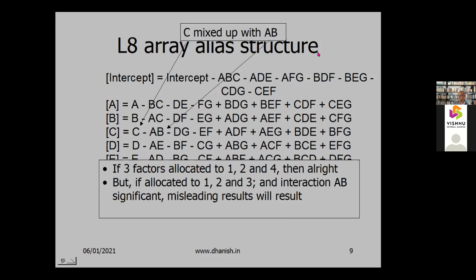So this alias structure is very important. Unfortunately, this is a little complex, so people skip over it. That is the issue. But if you want to get the benefit of design of experiments, you have to learn these fractional factorial experiments and alias structure. Only then can you reduce the number of experiments. Otherwise, you have to do full factorial experiments. Then there is no problem, but the number of trials is increased.